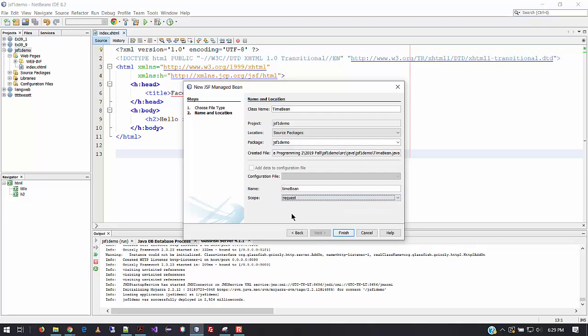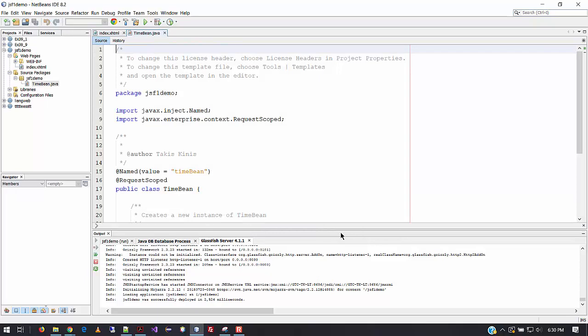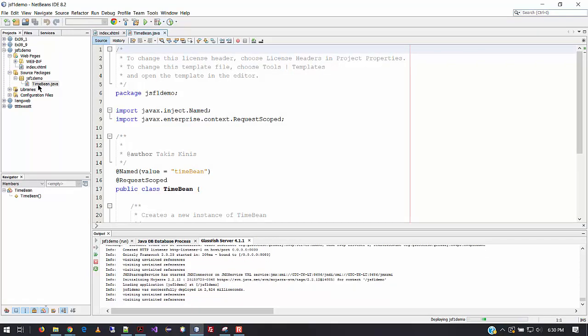Now, the scope of the application really depends on the kind of stuff you're doing and the interactions between the program file and the front end. In this case, we're just requesting information from it to come back. So we're not interacting with that program file. We're just running it and pulling whatever it's sending back. That's why it's request scoped. All right. When you're all done, click Finish,